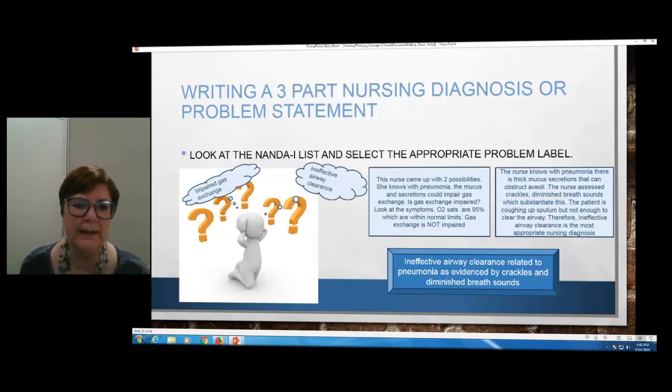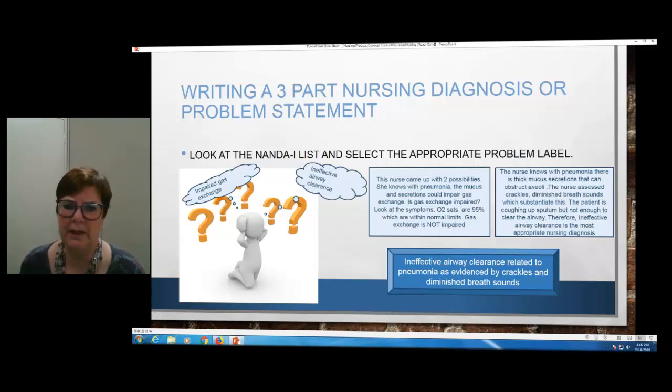You're going to find on your list impaired gas exchange. You are going to find ineffective airway clearance. So when we're talking about the patient that is having sputum, coughing, fever, and all the adventitious lung sounds,